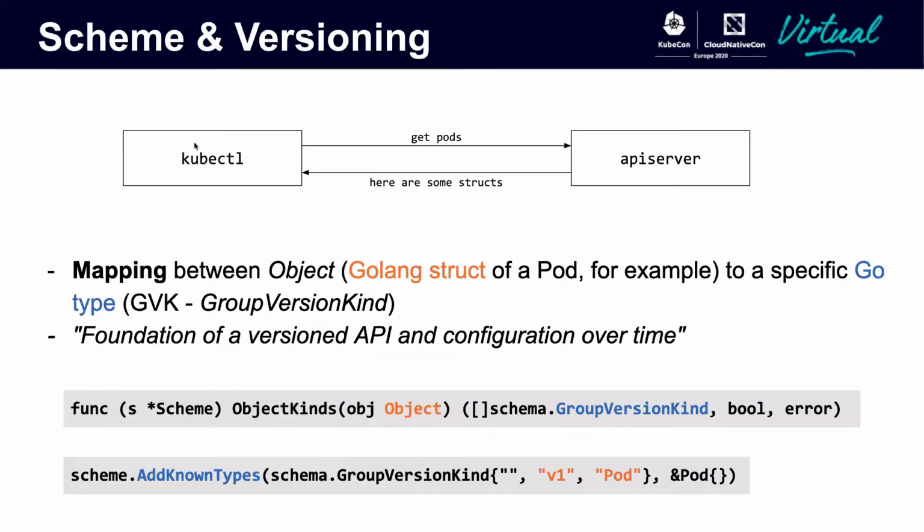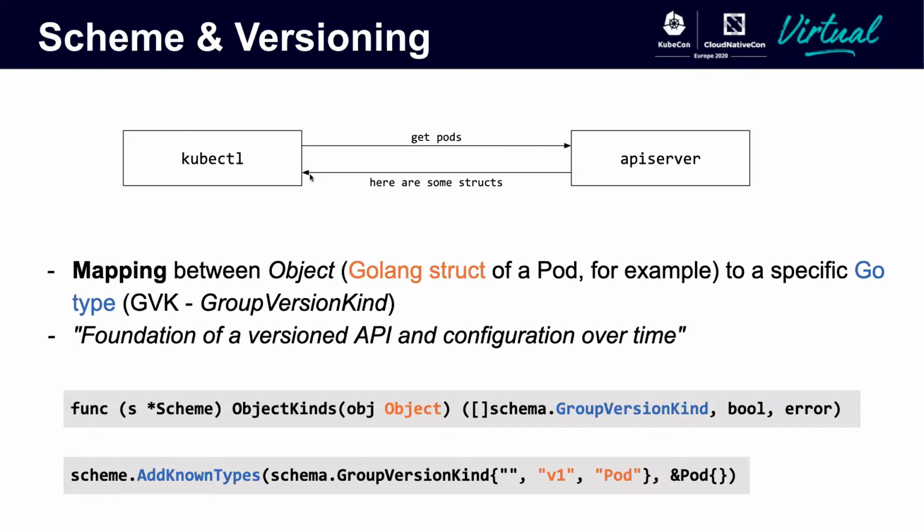Let's say you're kube control and you fire up a get pods. It asks the API server, and the API server responds like, here's some structs, here you go. Now, how does kube control figure out if those were actually pods which were sent over? These are, for all intents and purposes, just some Go structs it received. And this job, translating from some struct to a known type, is what